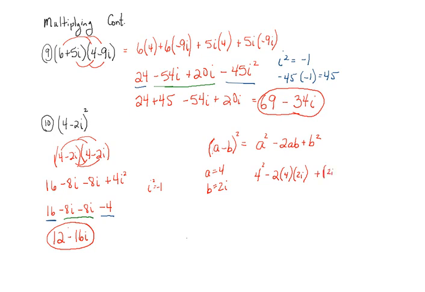Let's go to our last set of examples. We're going to rationalize the denominator just like we did in the last section. So we need to multiply by the conjugate. So what's our conjugate? Well, remember, we just changed